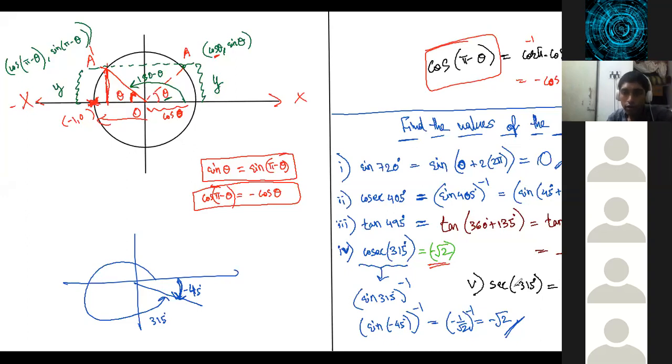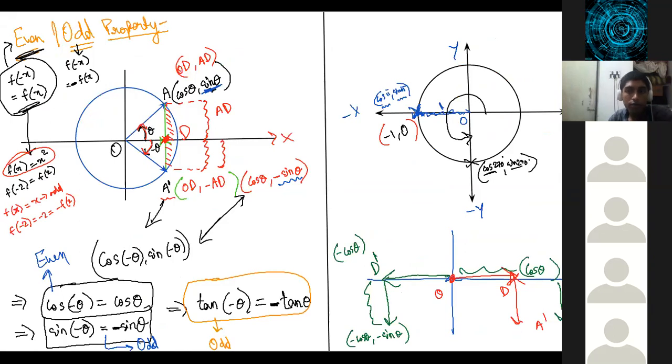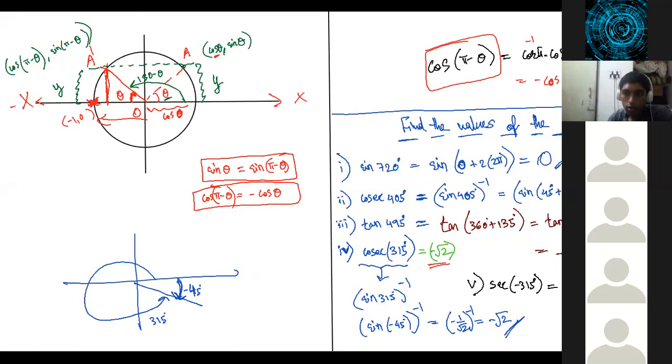Yeah, good. So anyway, as soon as you see secant and minus, remember cos is an even function. So if cos is an even function, then secant will also be an even function, isn't it? So this is the same as secant 350, for the simple reason it is an even function. So this is secant of 315. Again, I'm writing it as minus 45, which is again secant 45 because it is an even function, which is root 2. So I used the even property twice and got the answer.